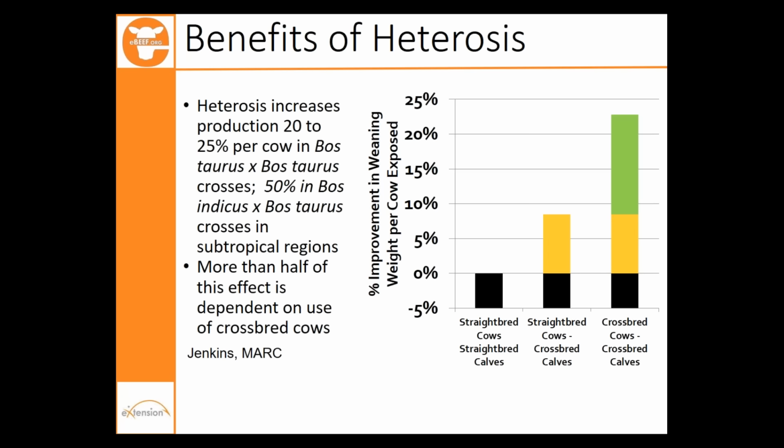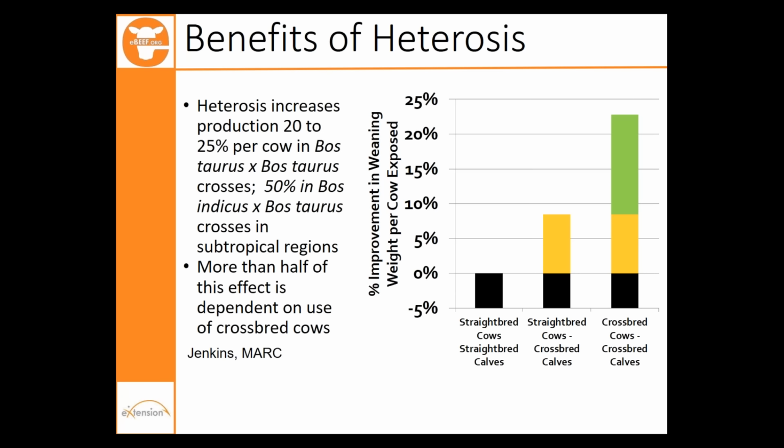So cows that didn't conceive calves, or calves that died in utero, calves that died pre-weaning, all those sorts of things get pushed into this system level metric of improvement in weaning weight per cow exposed. So it's really the right tool to look at in terms of evaluating these differences in system level production efficiency due to crossbreeding. And what we find is that we use straight bred cows and straight bred calves, so 0